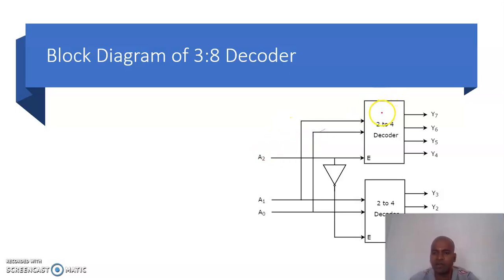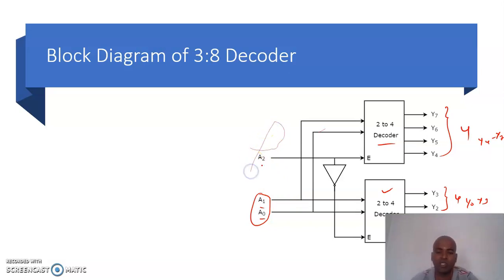So first I have drawn one block which consists of a 2 to 4 decoder, that is, 4 outputs here, and another 2 to 4 decoder, so here also 4 outputs. The outputs are Y0 to Y3 here, and Y4 to Y7 here. For these 2 to 4 decoders, I am going to give two inputs, A1 and A0. Starting from the lowest order, A0 and A1 act as the two inputs for this 2 to 4 decoder. And one more